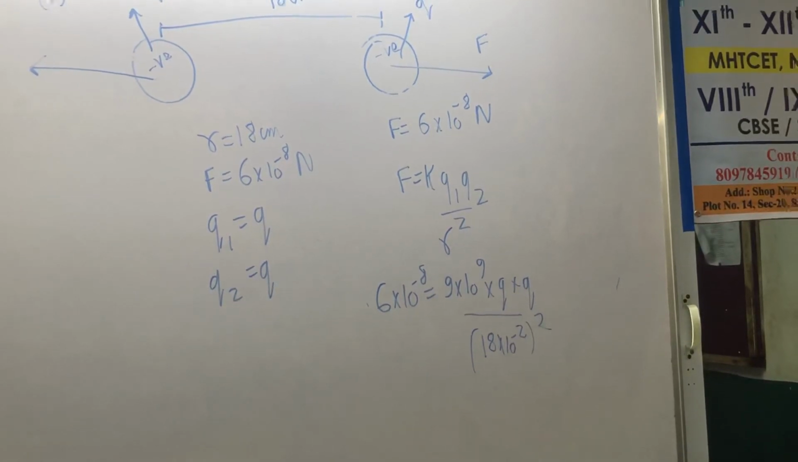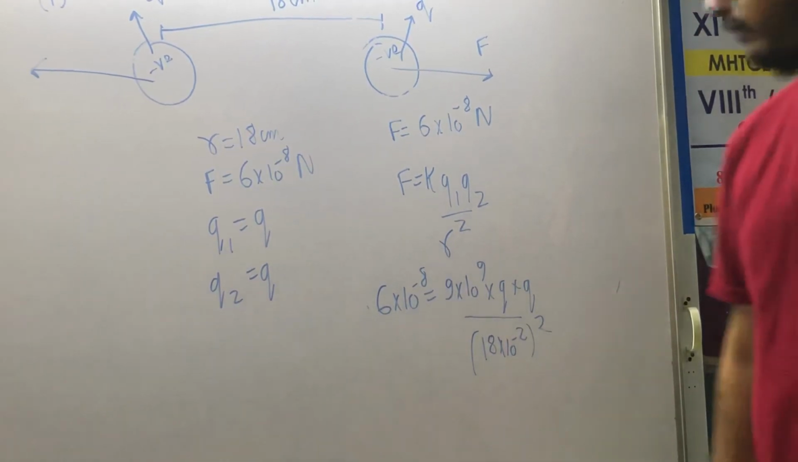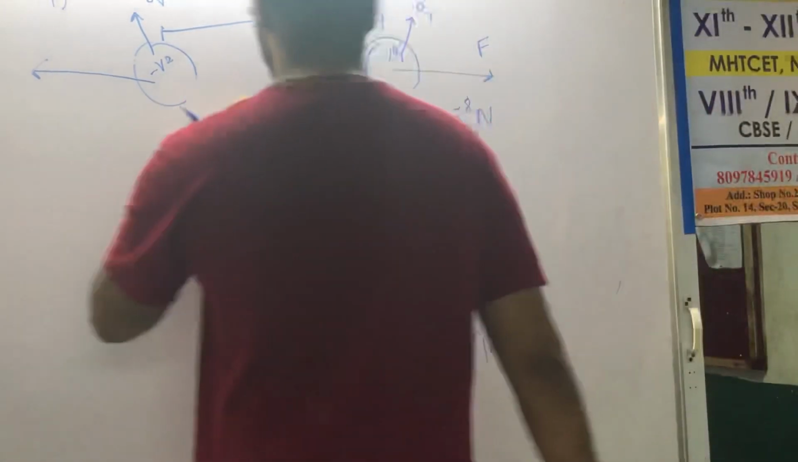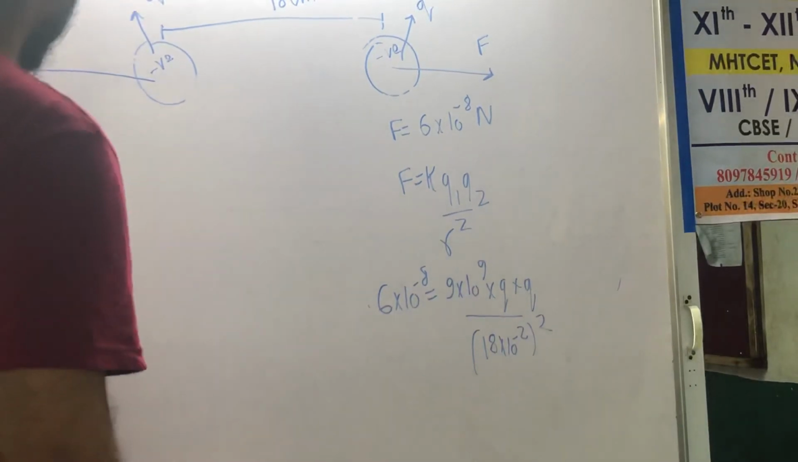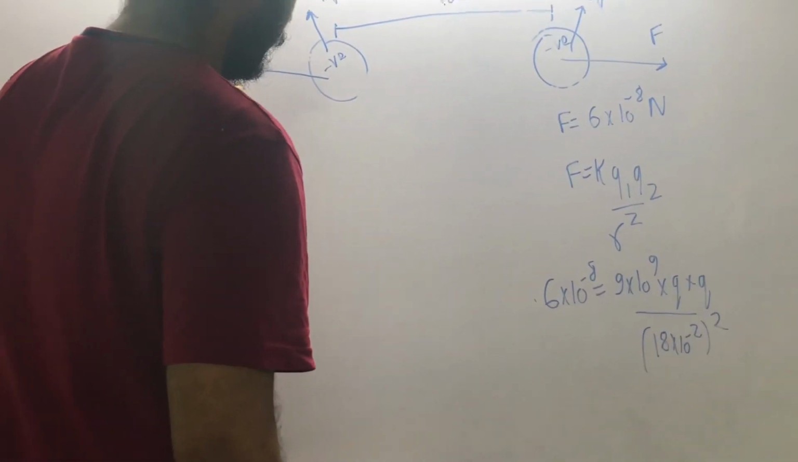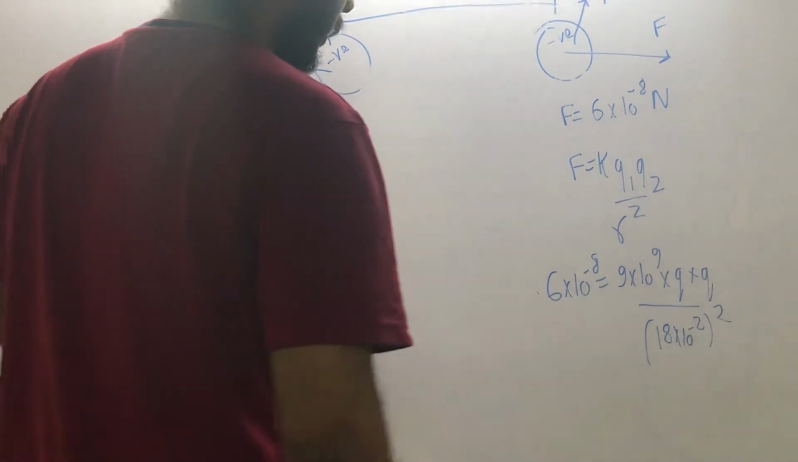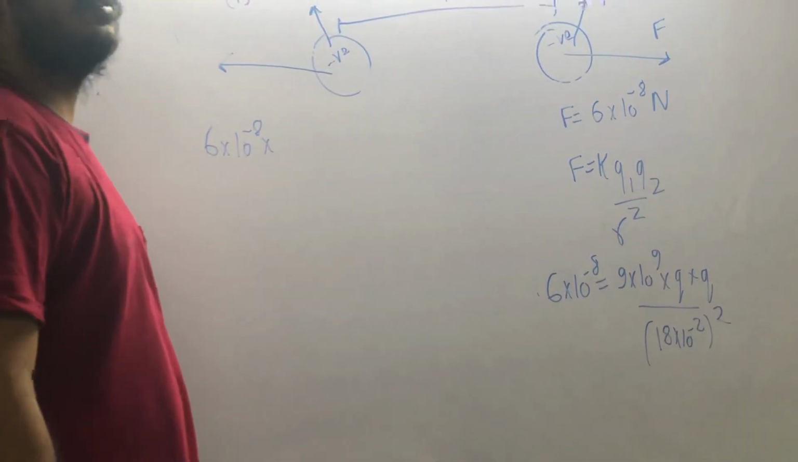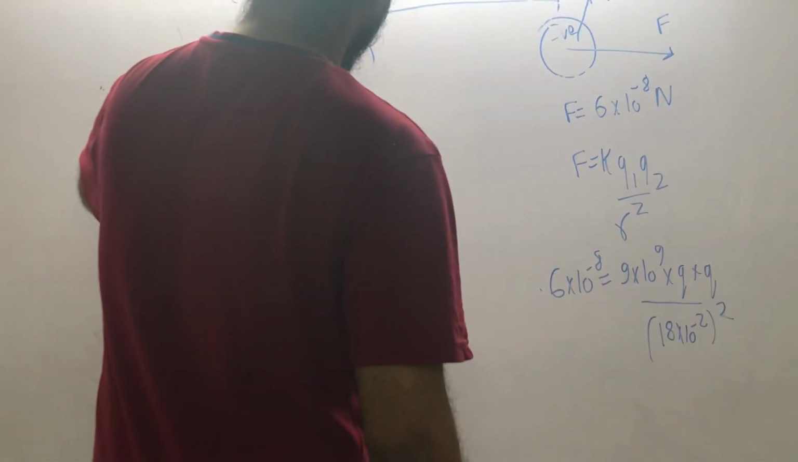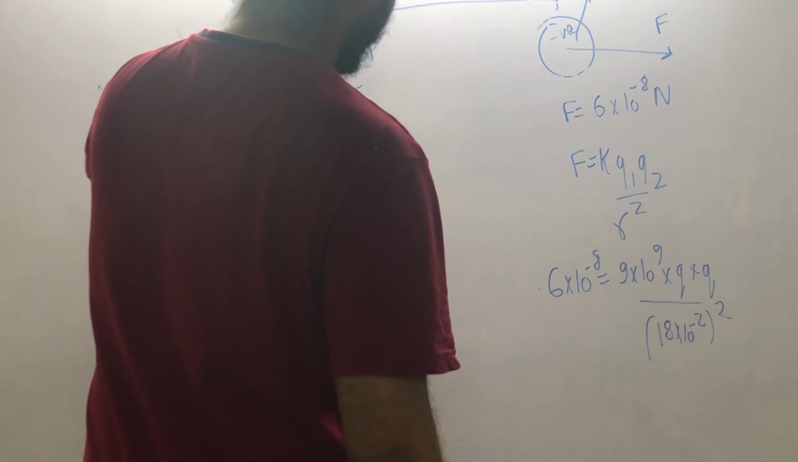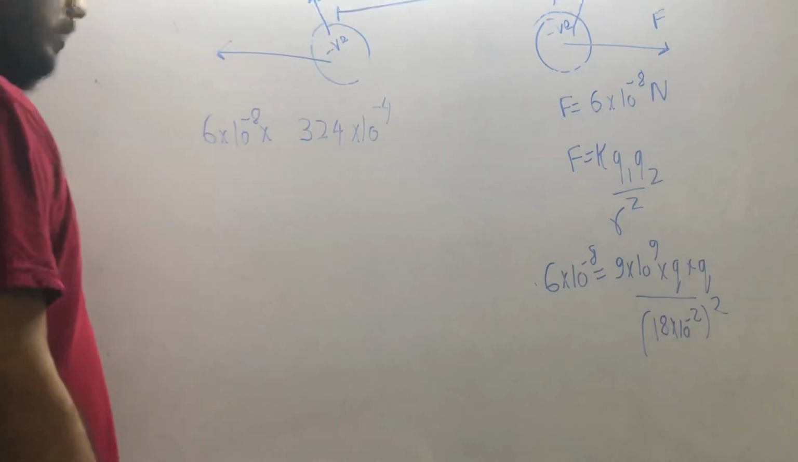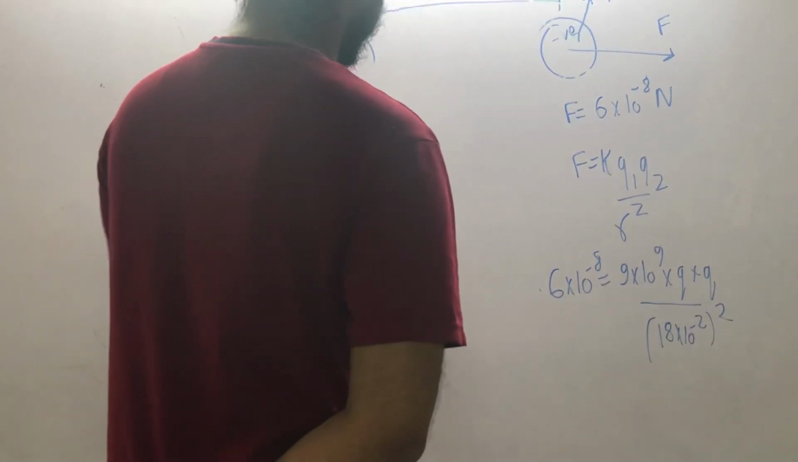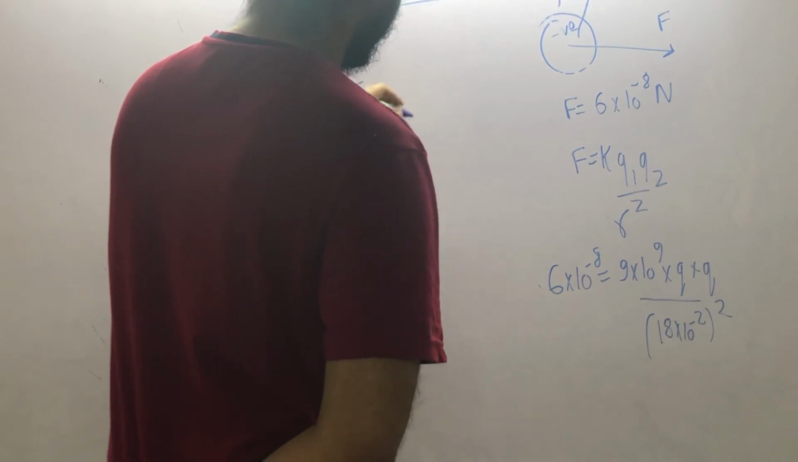So what we have to find out from this equation? We have to find out the value of Q. So I will simplify this. 6 into... 18 square is how much? 18 into 18 is 324, minus 4. Okay, is equal to